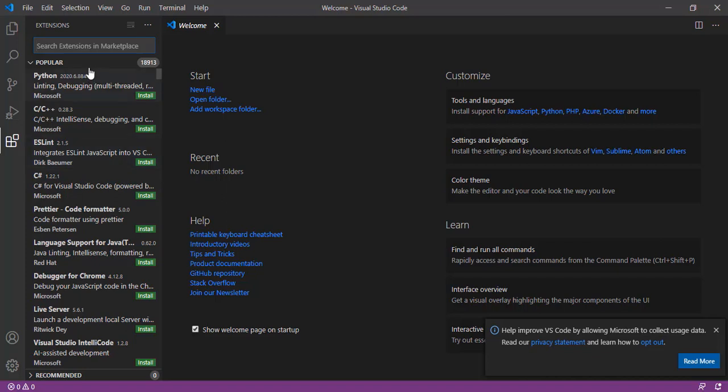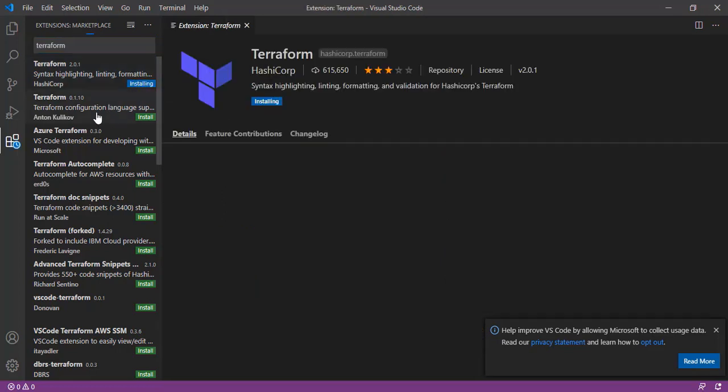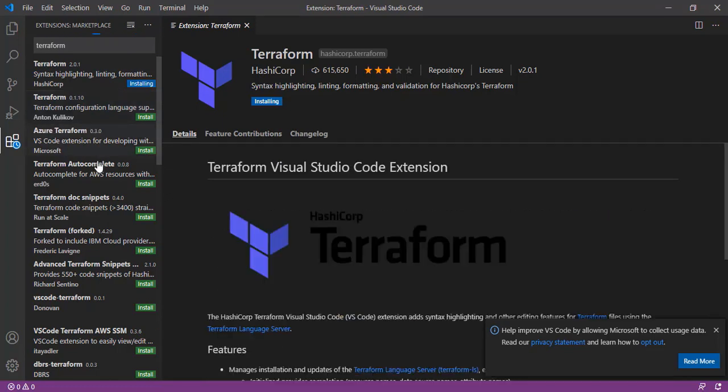Type Terraform and enter. You'll see a list of all plugins available for Terraform. You can also see plugins related to Azure, Terraform, everything. Since I'm going with AWS, I'm installing the first one.